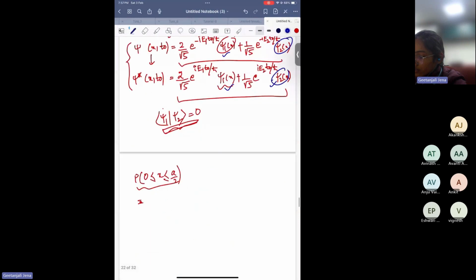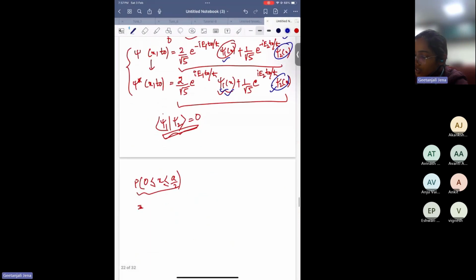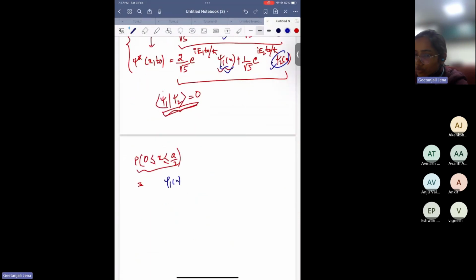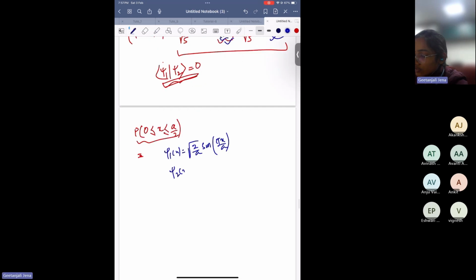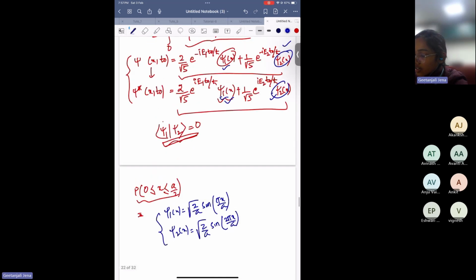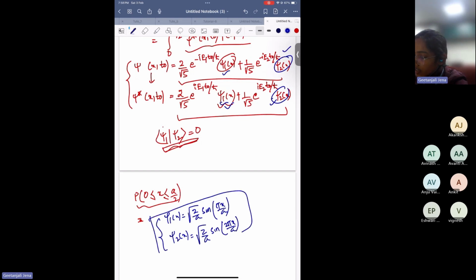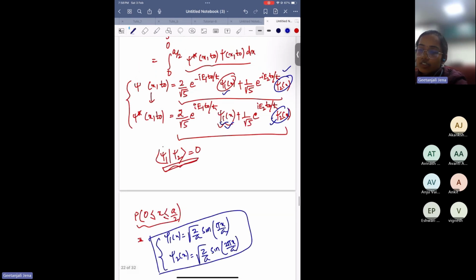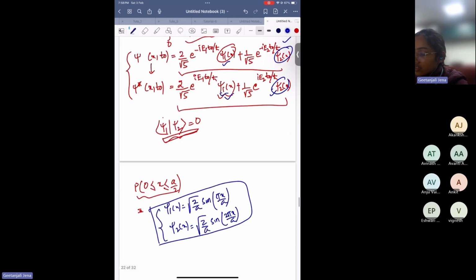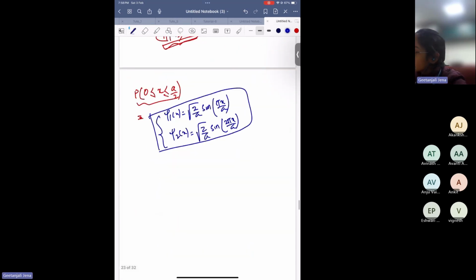this question. Okay, so put psi 1 x equal to root over of 2 by a sin pi x by a and psi 2 equal to root over of 2 by a sin 2 pi x by a. So use this formula and calculate the integration. I think you can solve it. The final